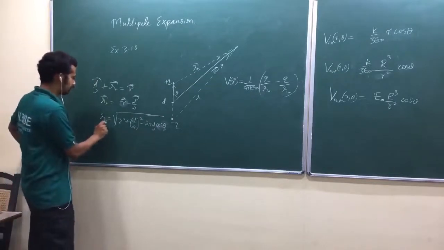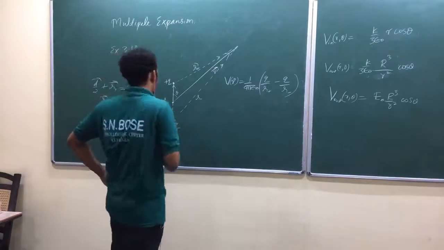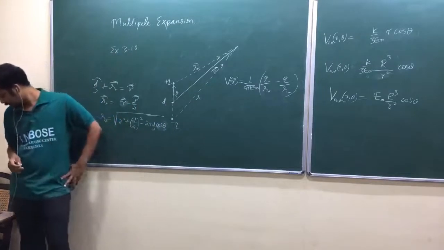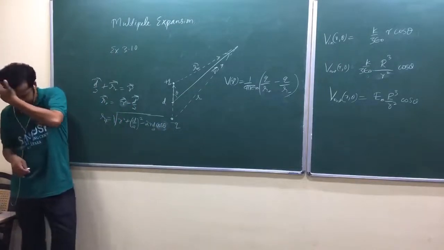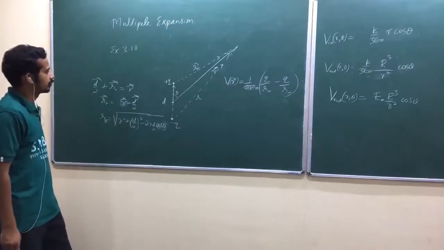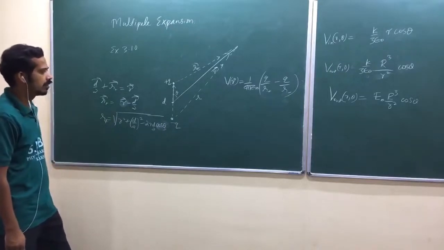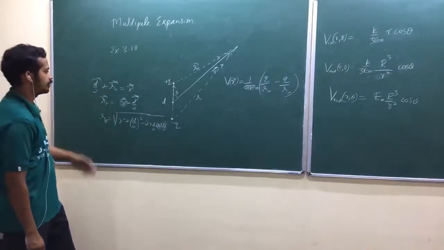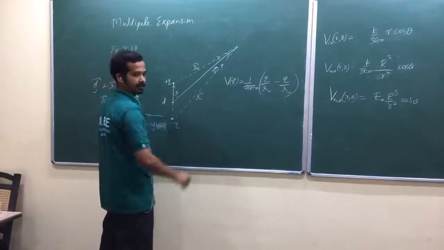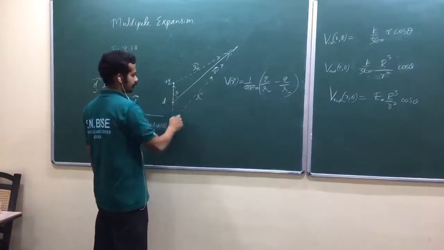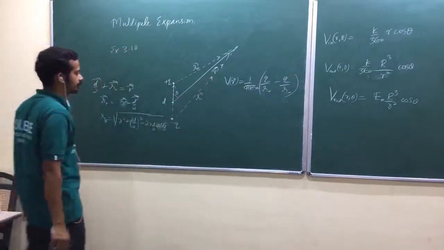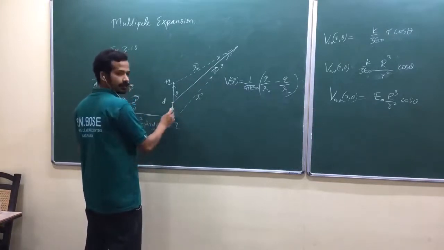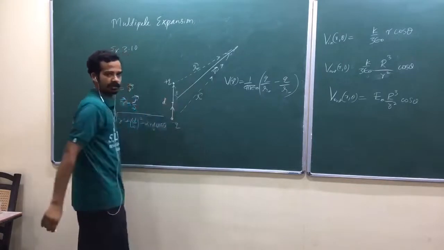So similarly, that is italic r plus vector. Similarly, what is italic r minus vector? Any idea? How do you define it? Italic r minus is here, am I right? This is here to here. Yeah, now let me define this one as d by 2. Now this is d by 2 and this angle is theta only.